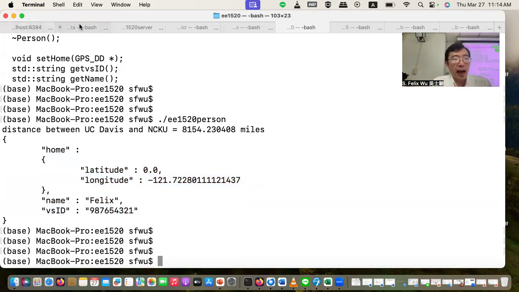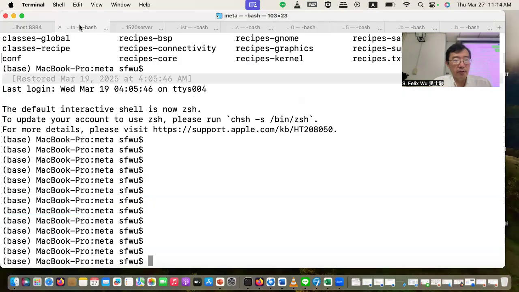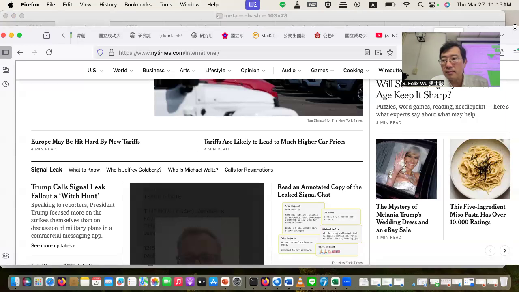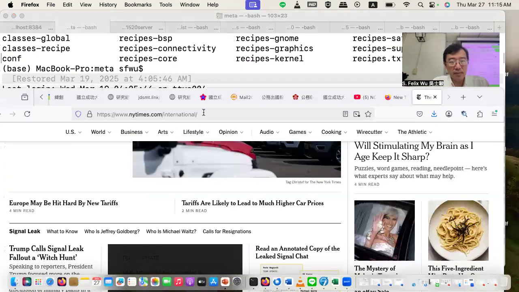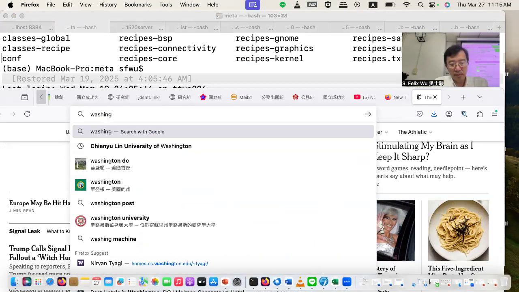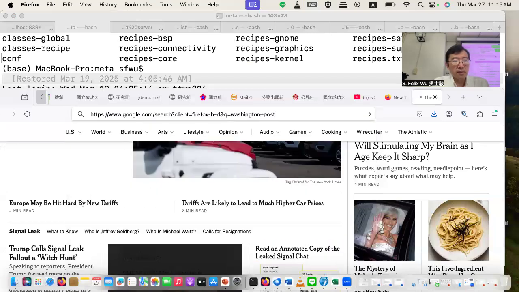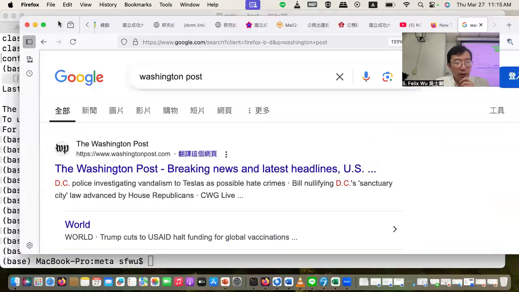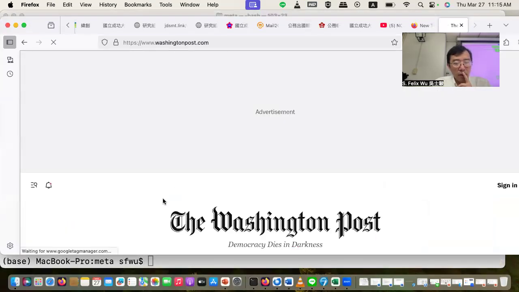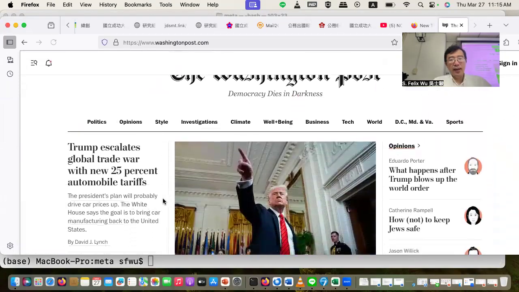Oh, before I forget, I have to change the passcode for this lecture. So Washington Post. This time I'm going to get Washington Post. What's my first word? It's still Trump. Okay, I'm going to use escalates.